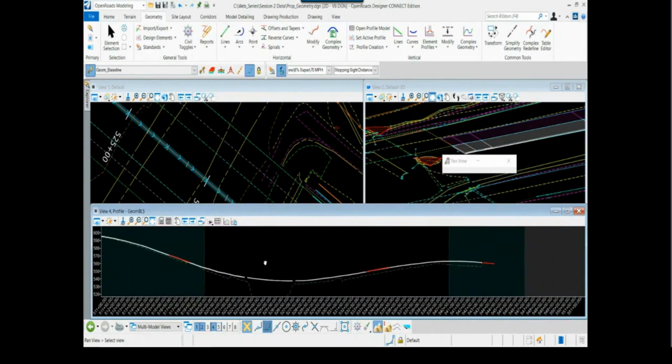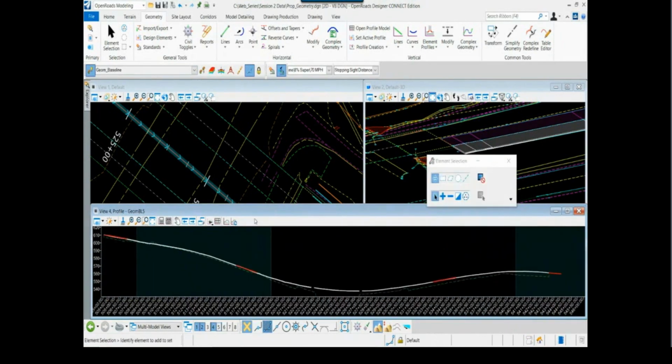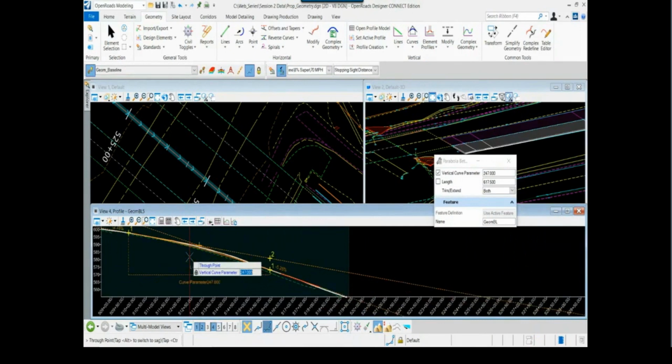To insert the curves, I'm going to go again into the vertical tools. I'm going to place a curve between elements. So parabola between elements will be the tool that we use. And I'm going to select each element, each incoming and outgoing tangent. Now, as I move the cursor around, you'll notice it's holding to a K value. That vertical curve parameter that you see at 247, that's the K value based off the design standard. Okay, so I'm going to data point to place that, data point once more so that I connect the tangents